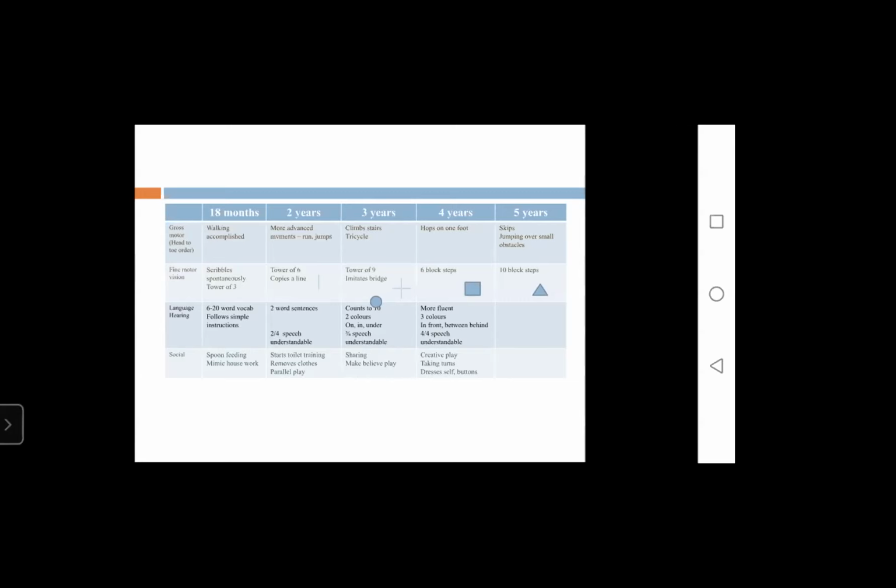2 syllable words will be words with 2 suku kata, right? Ayam, itik. That's not what we're talking about. We're talking about 2 word phrases. So nak air, nak makan, pergi sana, nak baring, nak tidur. Those are things, right? So any kid, now a lot of the times, any kid who presents with